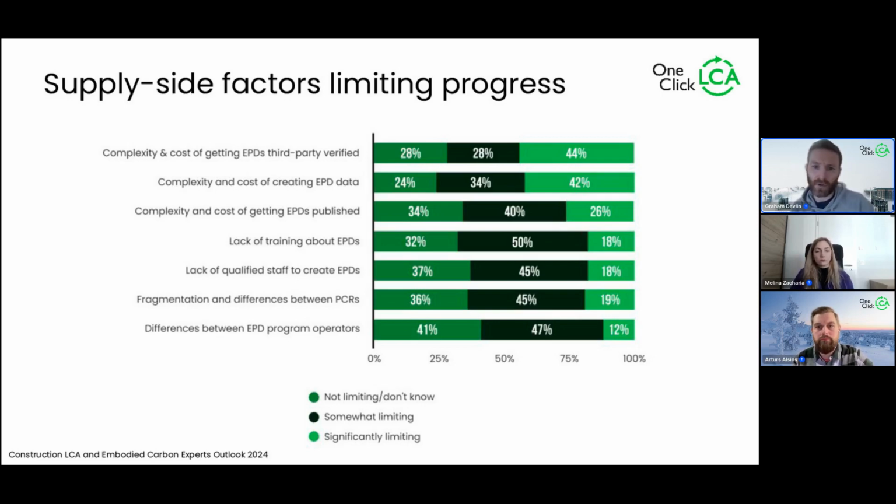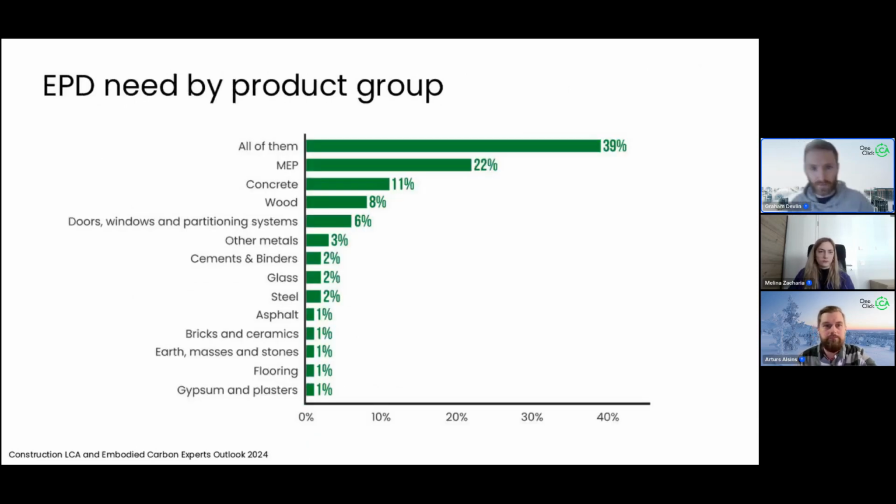And differences between EPD program operators, yes, they sometimes have their own requirements, which means that if you wanted to publish in France and you also wanted to publish in the Netherlands, but you are actually located here in Finland, where I am, then maybe you need to understand what the differences are between those local program operators if you were to publish in multiple. So there are a number of challenges there, which of course our solution is set up to address and help you with. If we go to the next slide, we can look at some of the product categories that basically